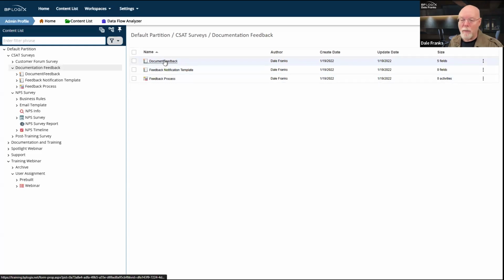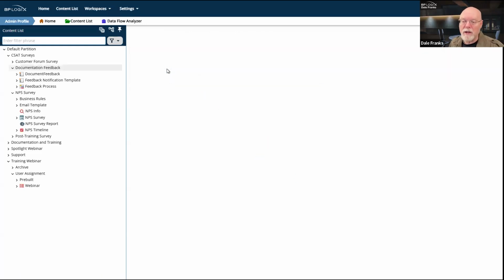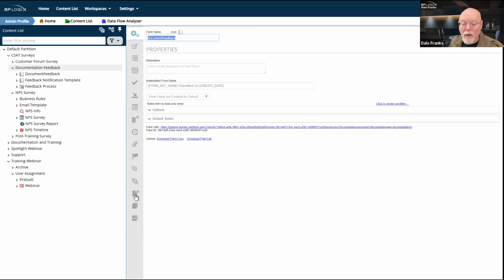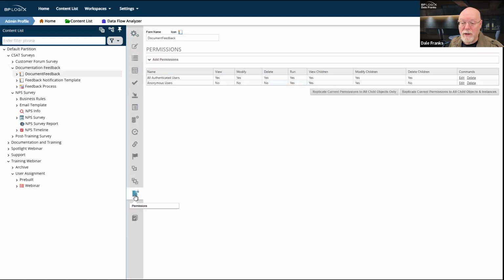And here is the form itself. We don't really care much about the form other than the form's permissions. Because we open up the permissions for the documentation feedback form, anonymous users have run and view children permission and modify children permission. I'm actually not sure I need to give them view children and modify permissions.